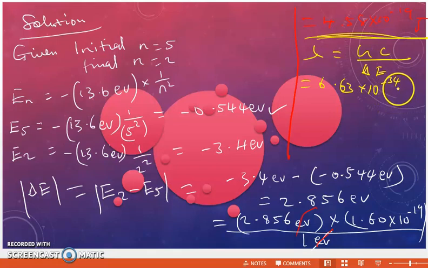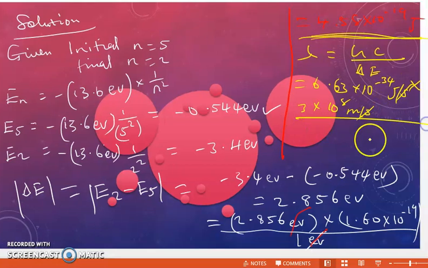Of course, it is joules per second. This is joules per second. Multiply this by the speed of light given by c, which is 3 times 10 to the power 8 meters per second, so that this and this will cancel. Now divide all these together by the change in energy, which is this, and we got the change in energy to be